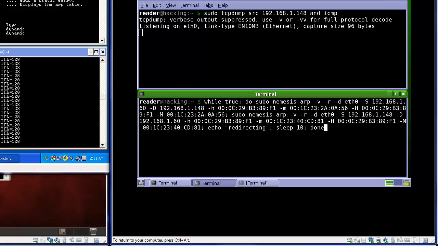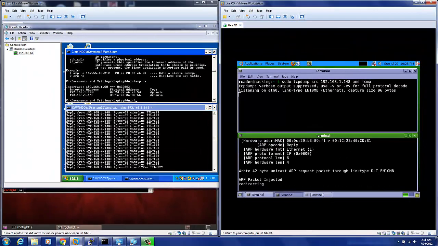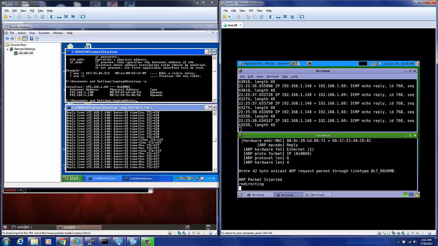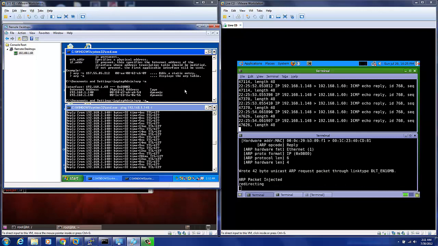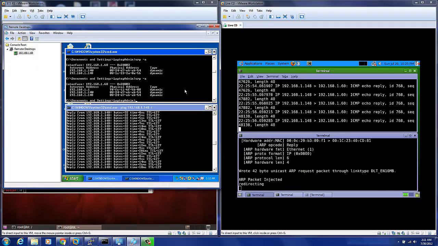So let's go ahead and start that, and let's take a look at what happens. It takes just a little bit of time here, and we should start to see, boom, we've already re-injected packets. So we are now listening to traffic that we should not be able to listen to. So if I come back over to this other system here, we notice that our MAC addresses